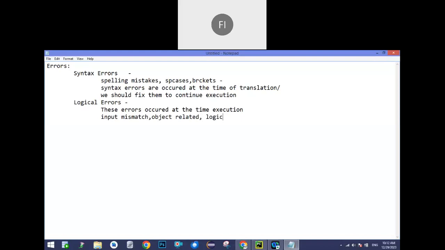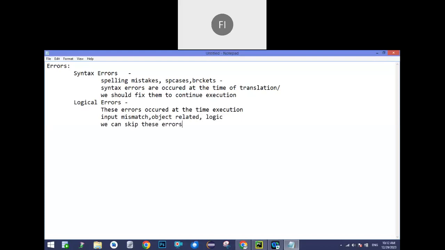Such cases also go under logical errors. And as I mentioned, syntax errors we have to fix to continue, right? But logical errors, we can skip them. We can skip these errors. So that is the advantage of logical errors.